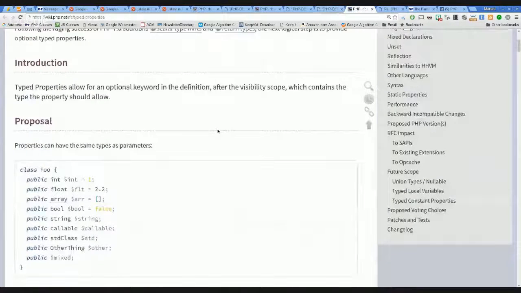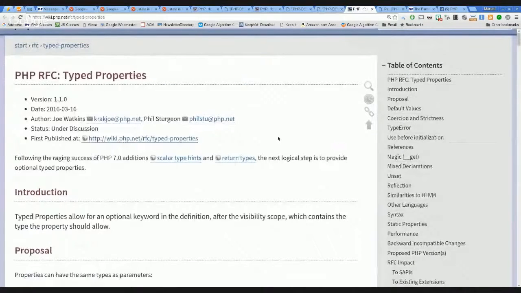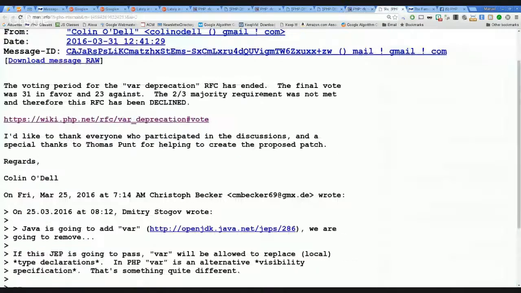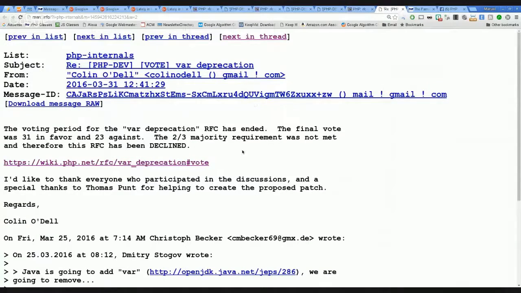Then we talk about a more finalized proposal about typed properties, type hinting for class variables. This was already discussed before, but there is an updated proposal that addresses some concerns, presented recently. Another topic is the final result of the vote for VAR deprecation, which was discussed last month, and now the results come out.